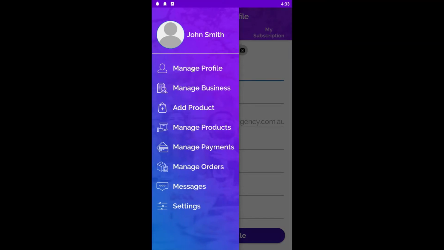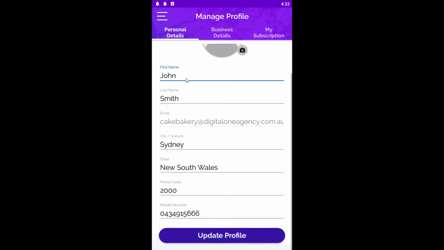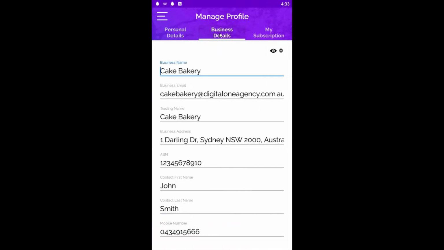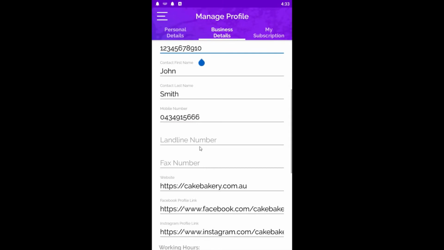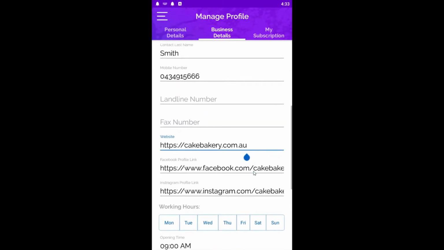So once your business has been approved on the platform, you'll be able to come in and manage your profile and update business details. So here we can change our personal details and our business details. So on the business details screen, you'll be able to change your business name, phone number, update your website URL,